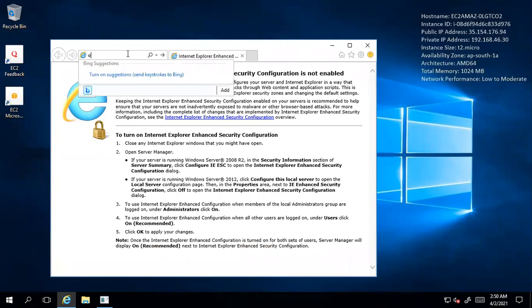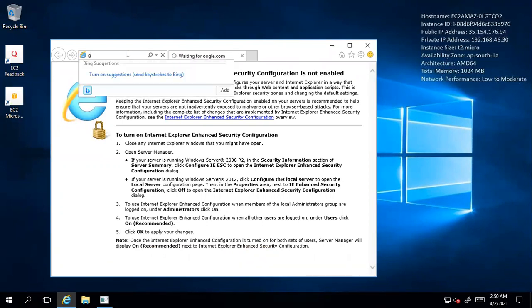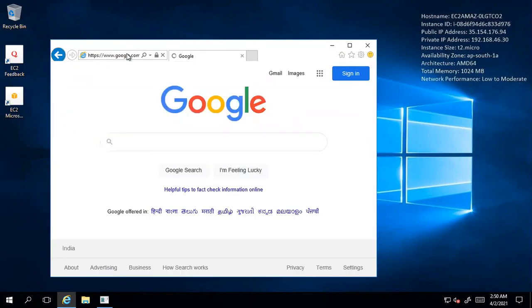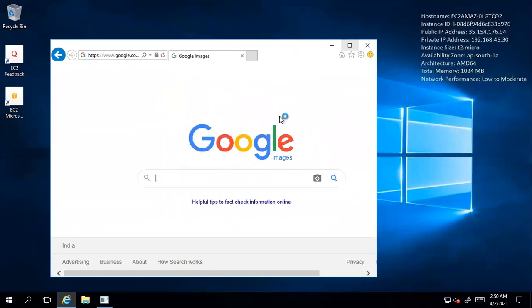So we can say that the internet is accessible here. So technically this is a public subnet instance.